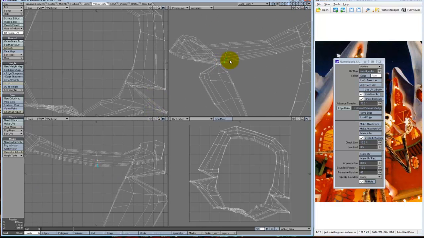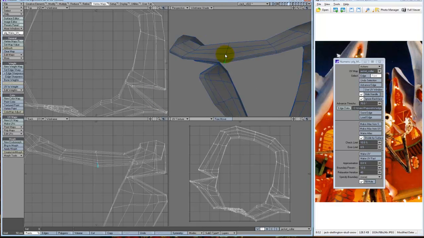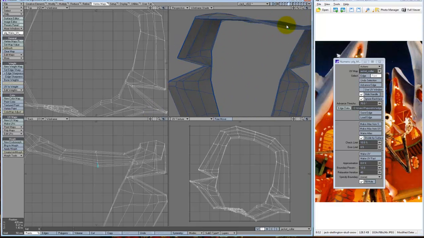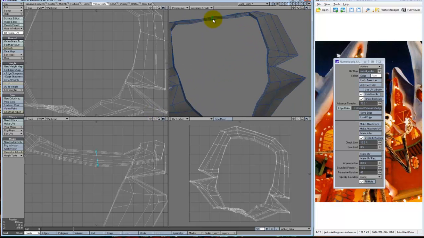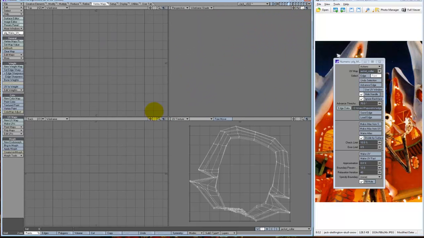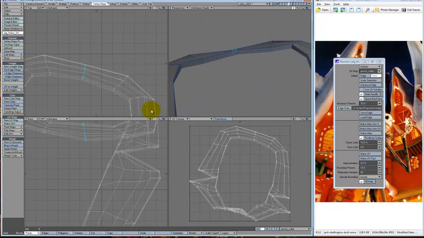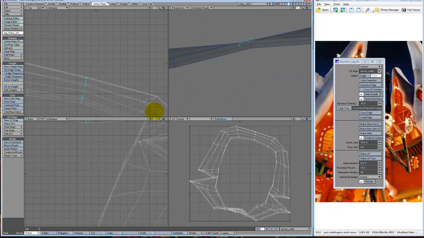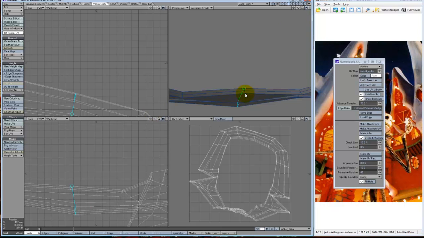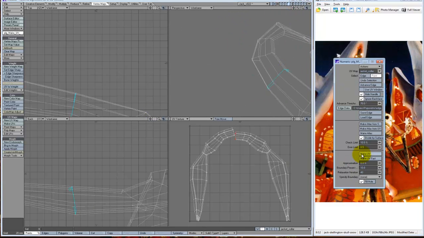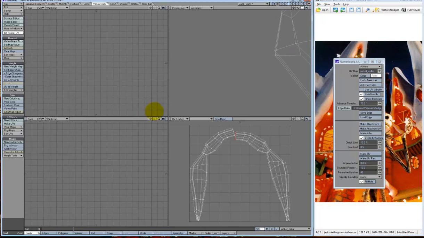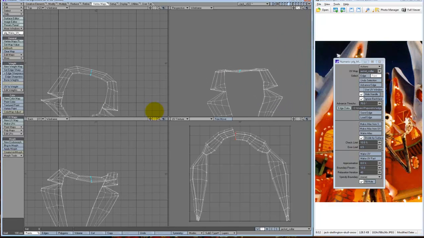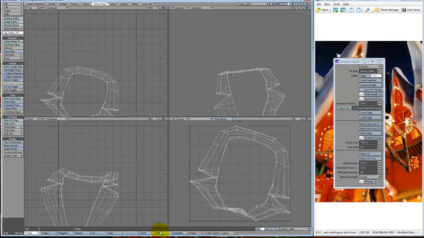And sometimes if the polygons are facing the other way, even if you're in wireframe, you're not going to be able to select them. So you just have to maneuver to the other side and click on that other side to select it. Especially if double-sided is turned on, you're not going to see that. But once we make a seam there, just create Make UVs,